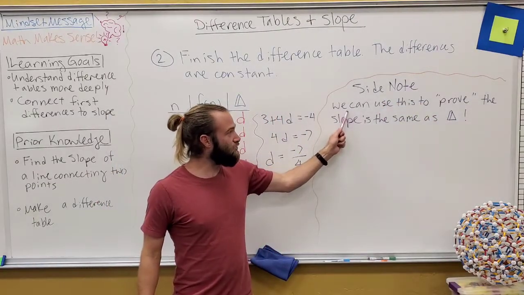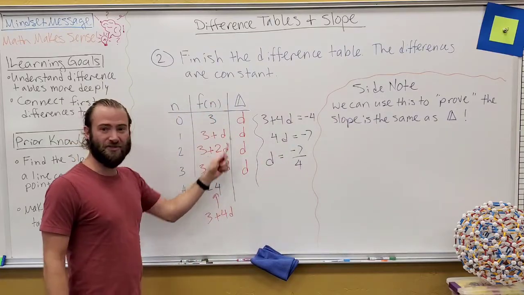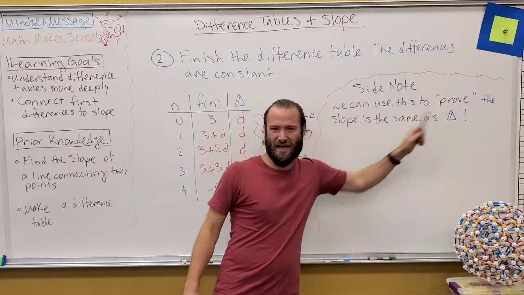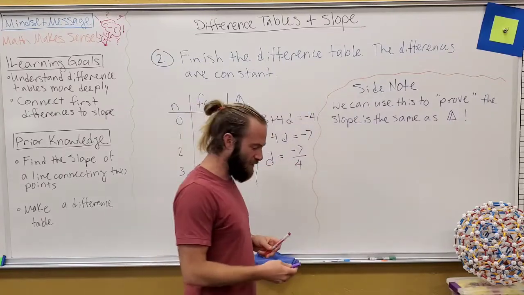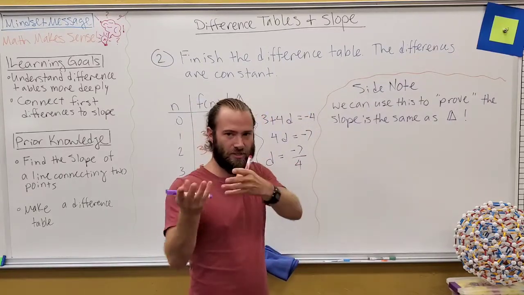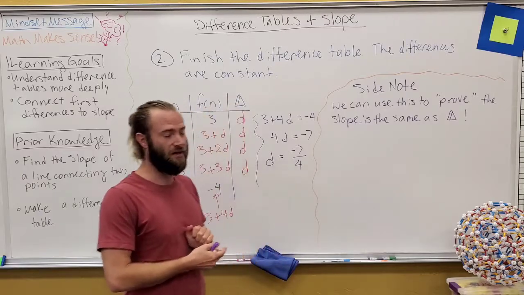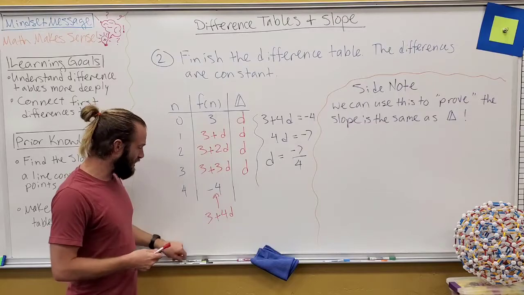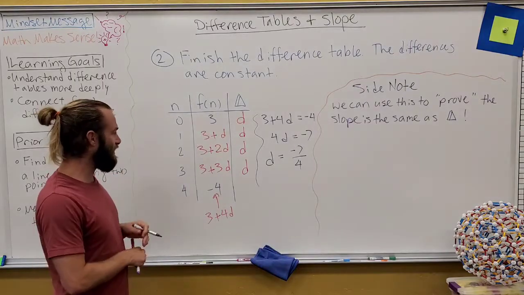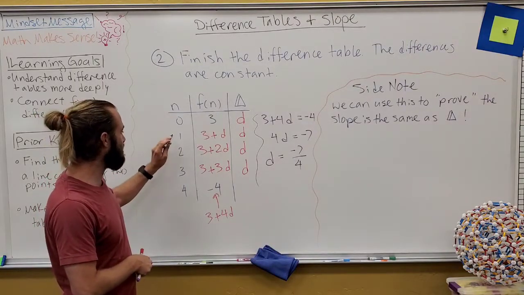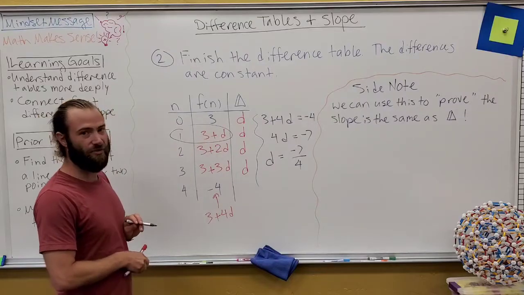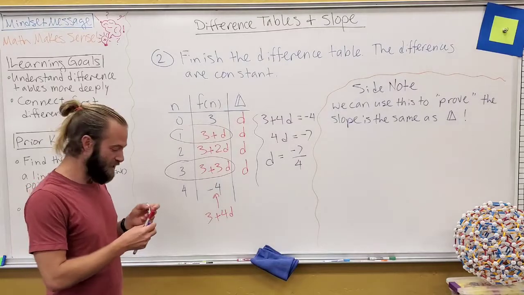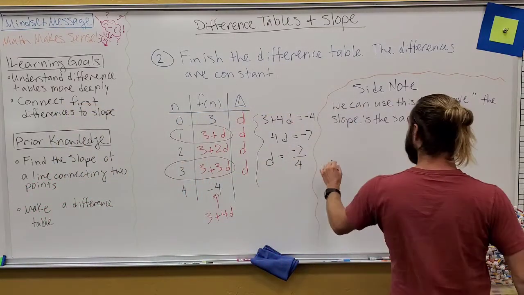We can actually use this table set up with these d's to prove that the slope is the same as that constant difference. And that's using the slope formula we just reminded ourselves of in example 1. Let's say we choose any two of these points. Let's say (1, 3 plus d) and (3, 3 plus 3d). If I want to calculate the slope,